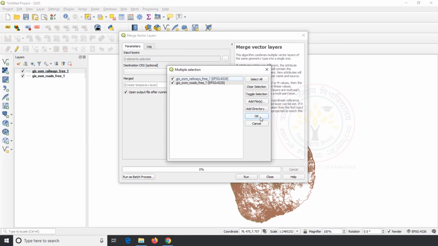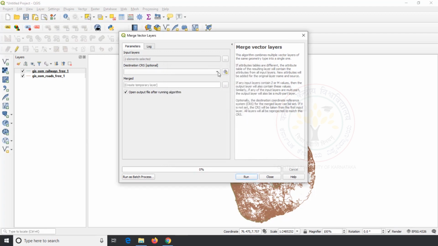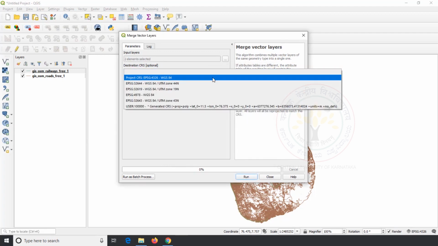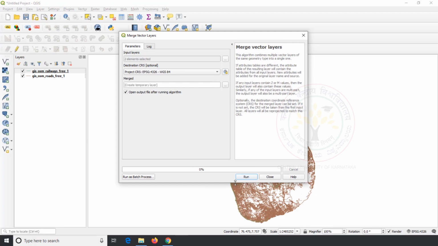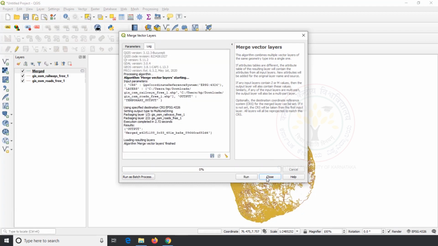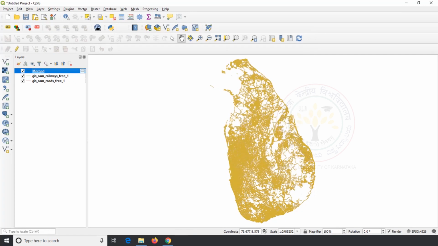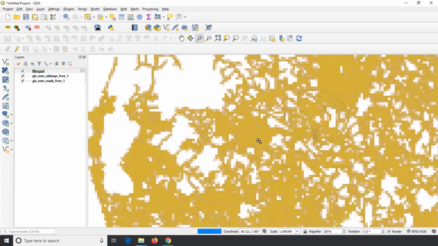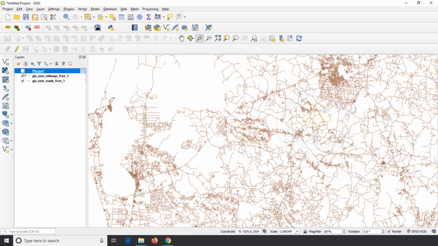There I select roads and railways data, and for destination CRS I define the same coordinate system as our input data, which is WGS 84, followed by a click on run and close. Look at the result. We can see both layers merged into a single feature.